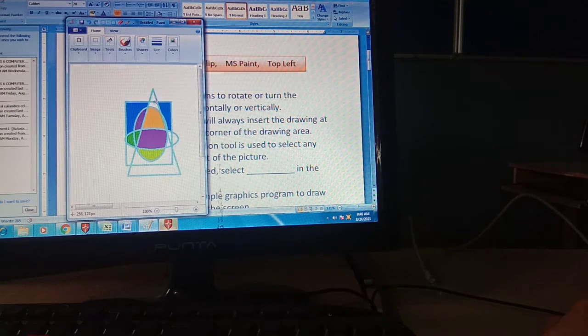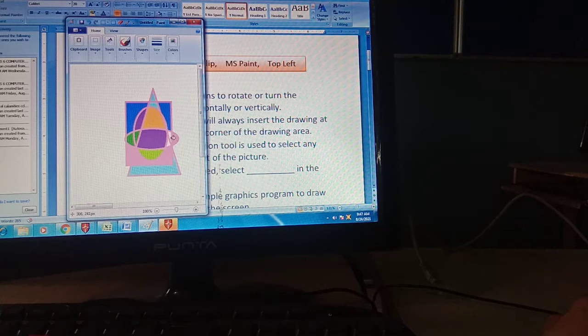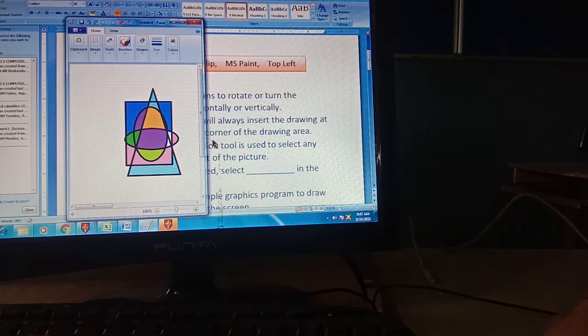One paint color is here, here, here, and here. Right, like this only.